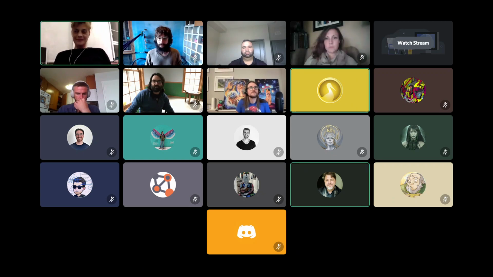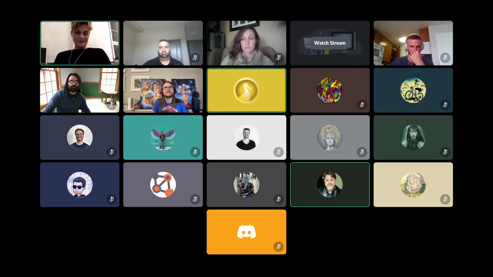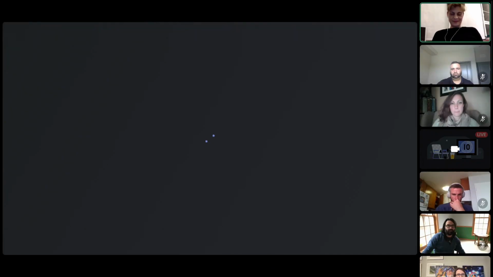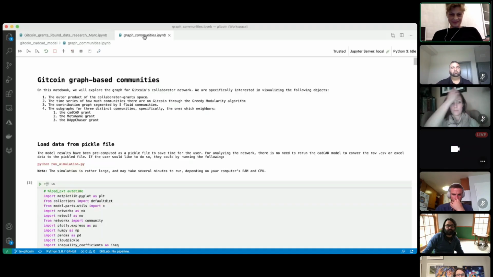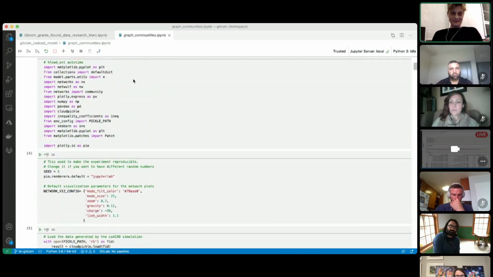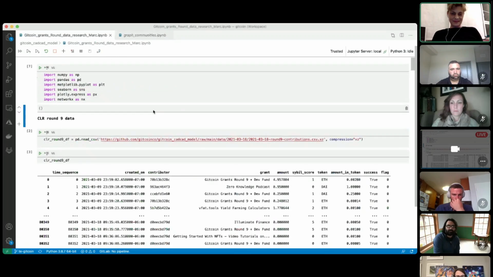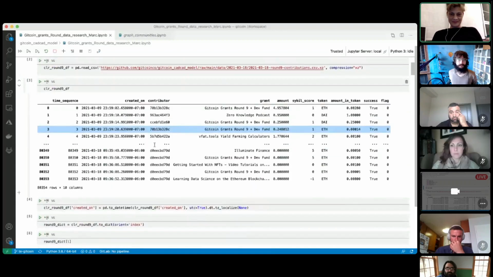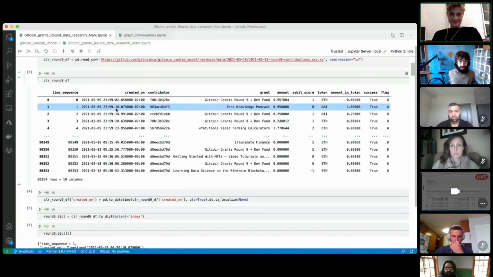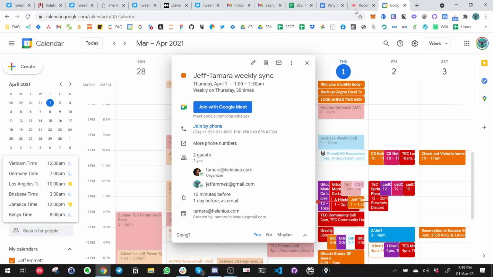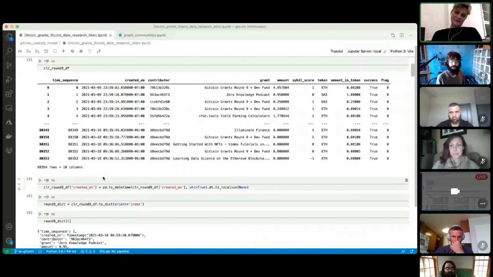So basically, there was a nice notebook in the Gitcoin cadCAD model GitHub. It's called Graph Communities. I took quite some stuff from it, and I plotted it to the newest data of the round 9 contributions. So it's a huge data set. It's 80,000 rows, and if I wanted to do some NetworkX graph handling in order to see some temporal